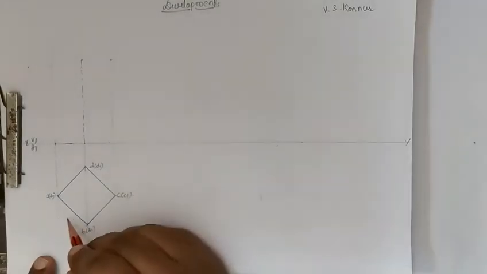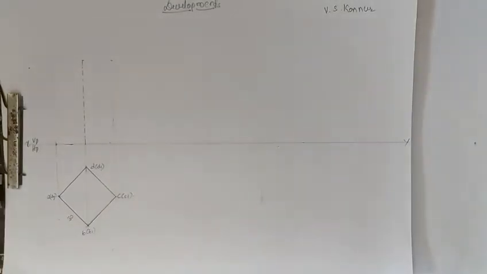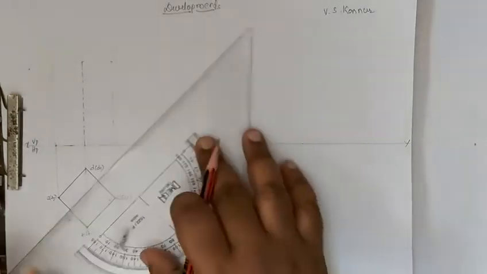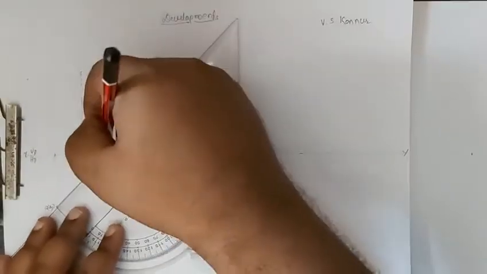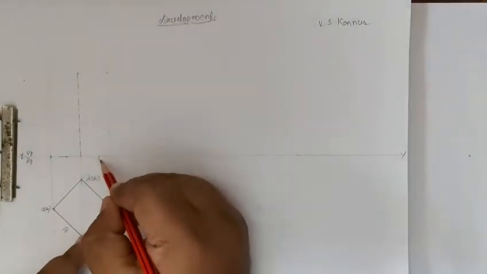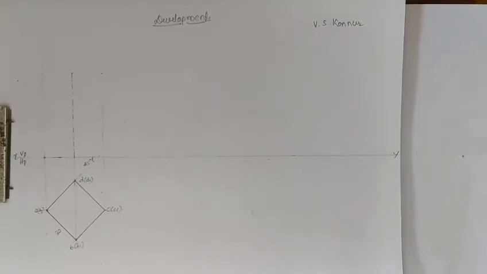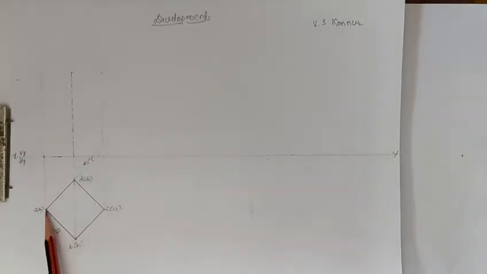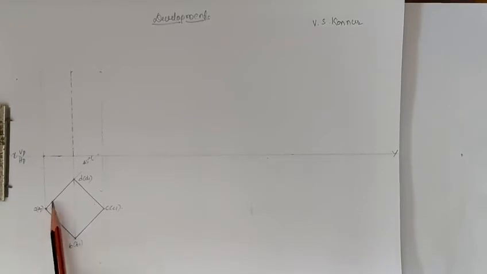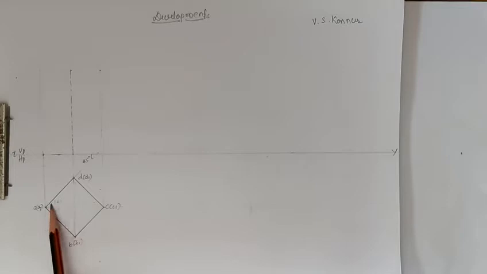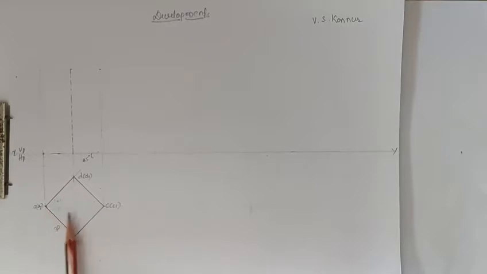Now, a 30 mm side square prism, inclined at an angle of 45 degrees. One of its edges is inclined at an angle of 45 degrees. So you have to construct a square prism by taking any one end of that 45 degrees. You have to mark a point, take 45 degrees on either side, cut it by 30 mm, and then draw a horizontal line and cut it by 30. You will get a square that is equally inclined, that is, one of its edges inclined 45 degrees to VP.